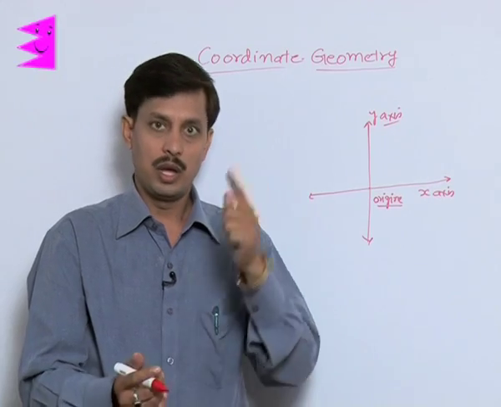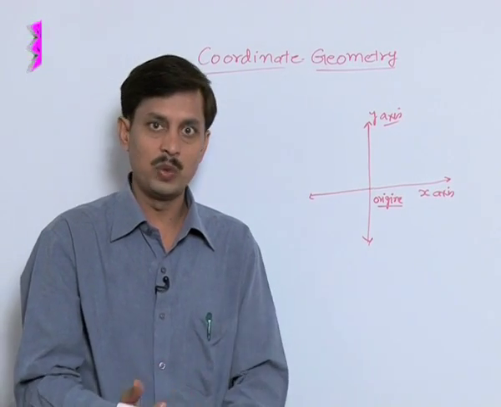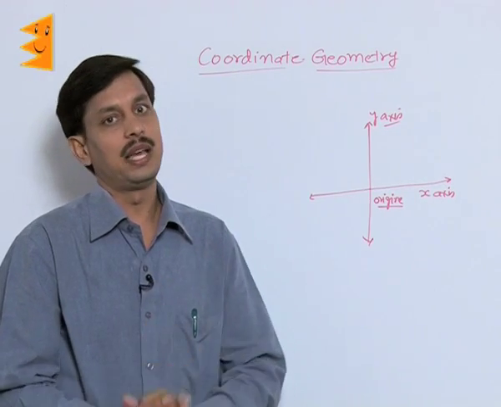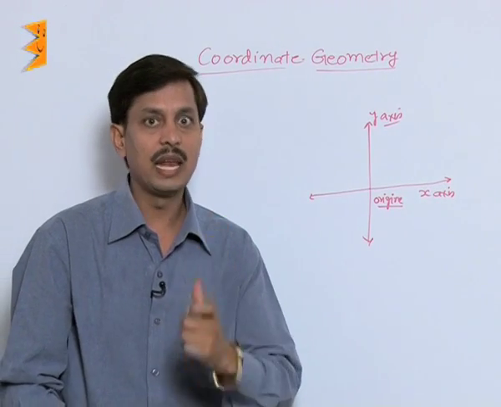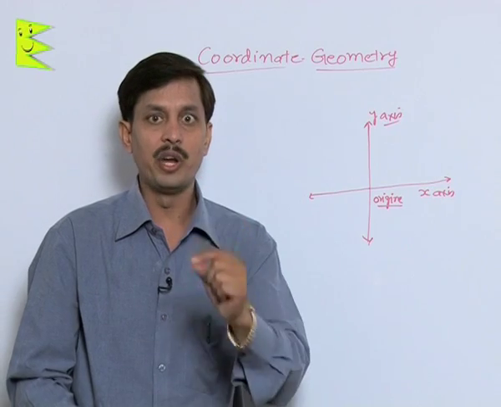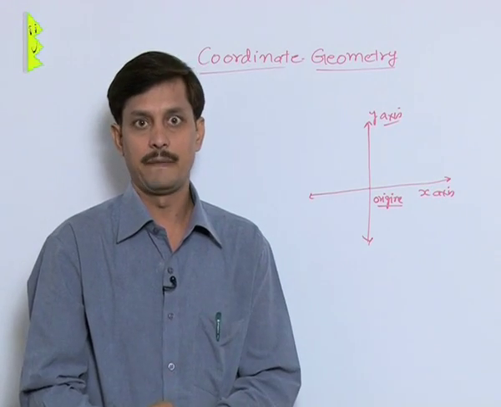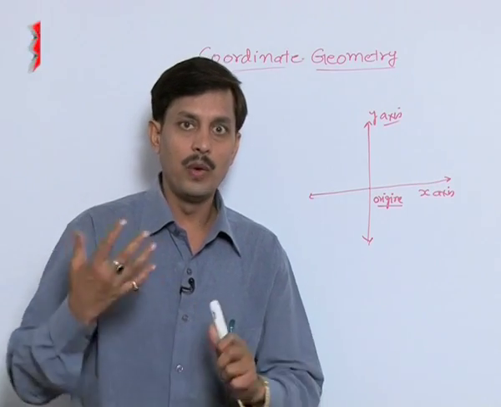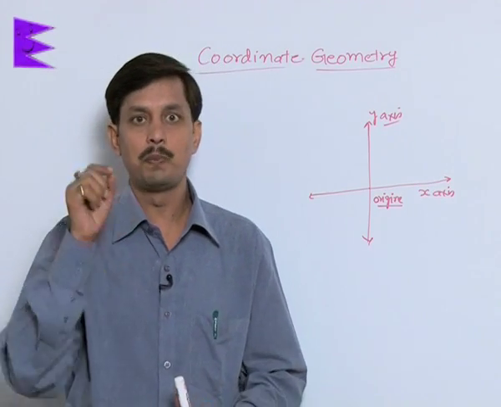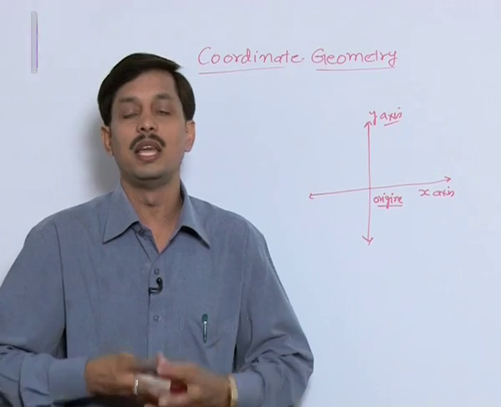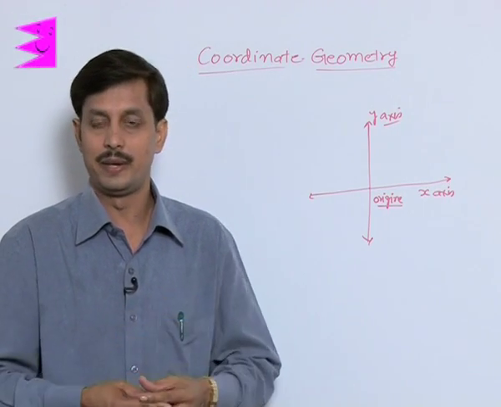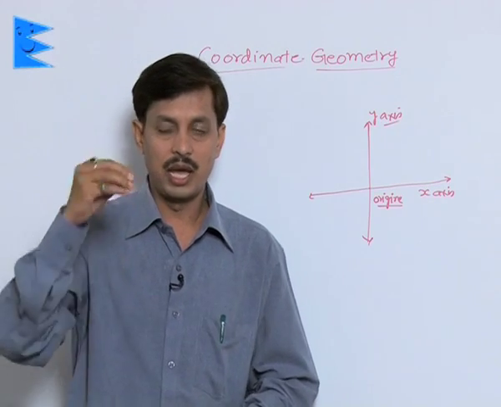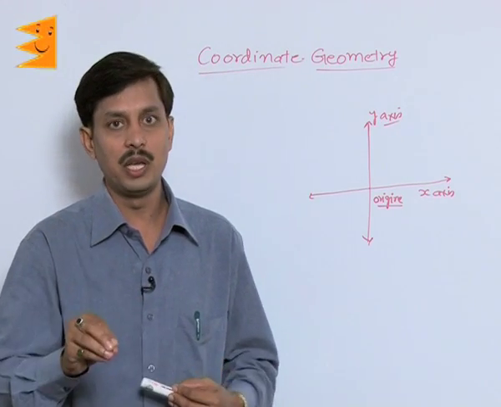The question is, on the basis of the sign of the ordinate and abscissa, if I use the correct order, abscissa and ordinate, because we always take the x-axis first and the y-axis second, we can classify in which quadrant that point lies. But there may be some positions where we will say this point is not lying in any of the quadrants. How does that situation actually come, and what is that property?